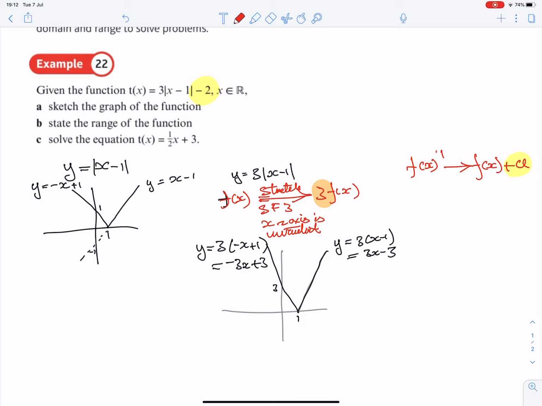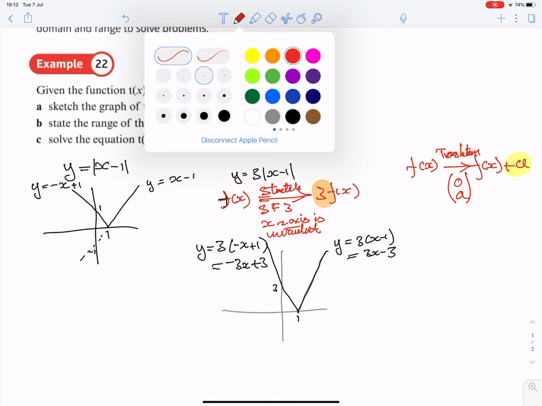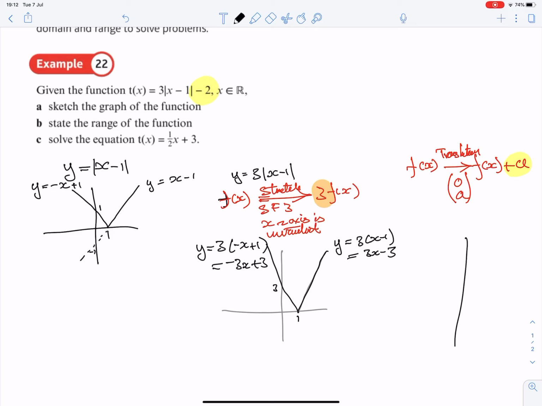So it's going to be a translation because we're adding or subtracting something. And it's outside the function, so the change must take place in the y direction. So it's 0 across and a. Here we're going to translate the graph down 2. So our answer is going to be here,